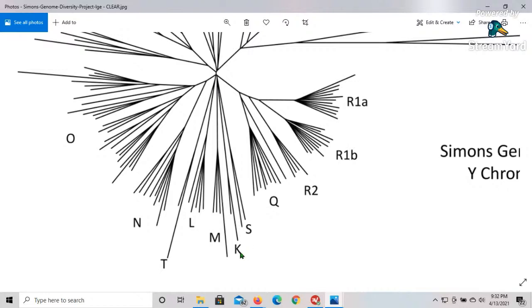And this K is Madai. So I'm just designating the M and the S as Meshech and Tubal. I don't know which is which yet, but that's just how I'm going to designate it, because they are Japhethites, and they had to have come from somebody who was the son of Japheth, so it's probably Meshech and Tubal, because the K is Madai, because that's the Medes. The K is the Medes from Madai. The Madai are the Medes,